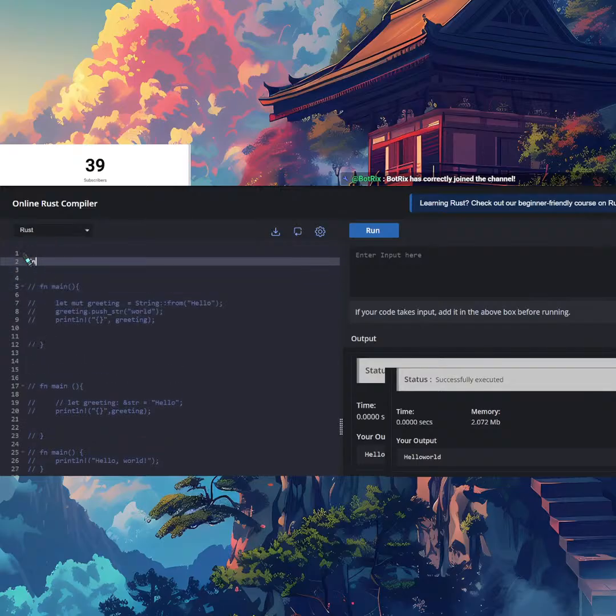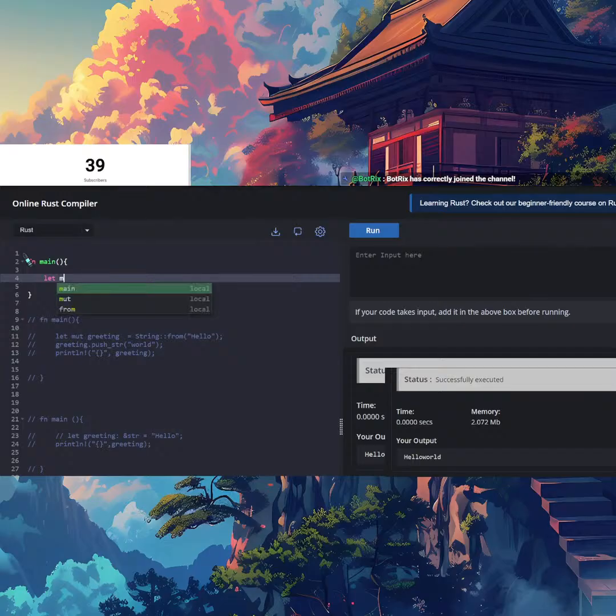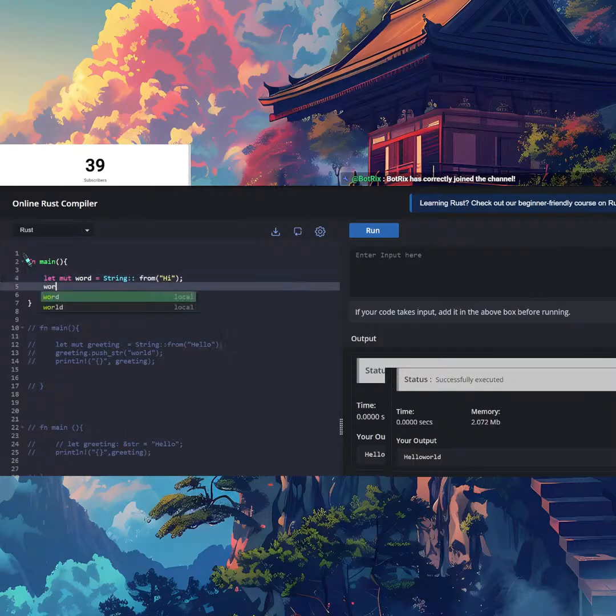Like fn main. I said main a lot. And let mut word be a String, and I'm going to put "hi". But we're going to put a word. This also works.